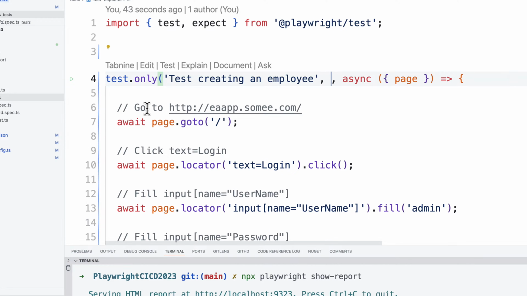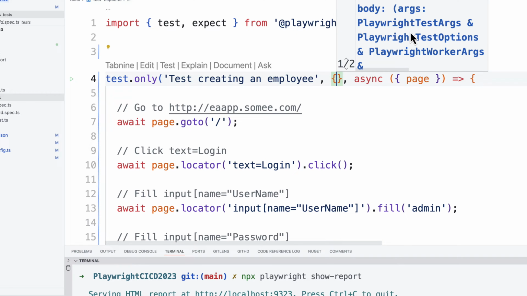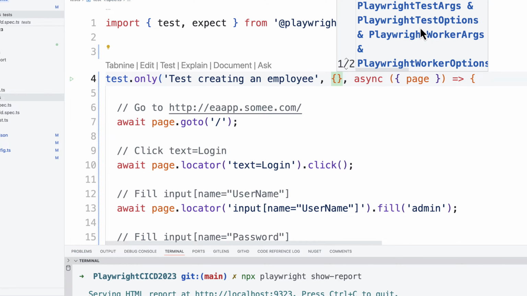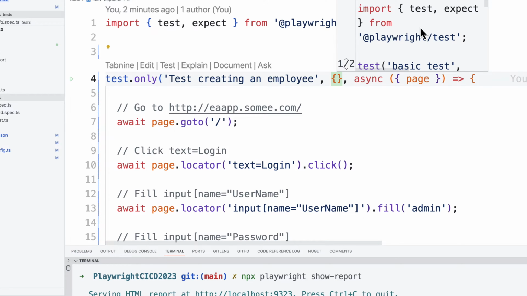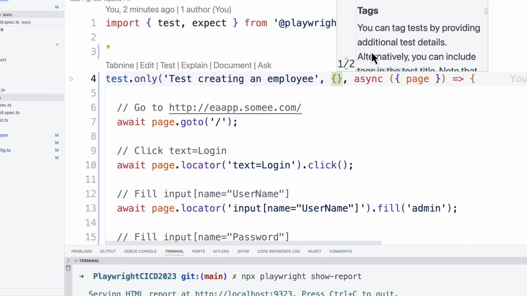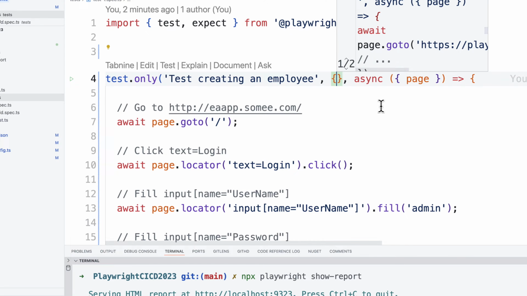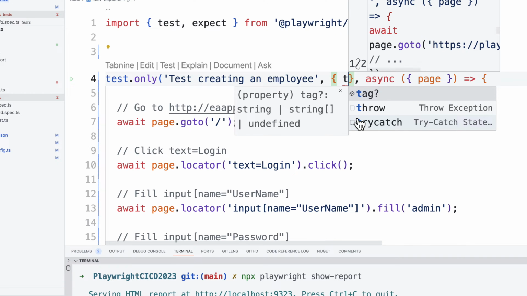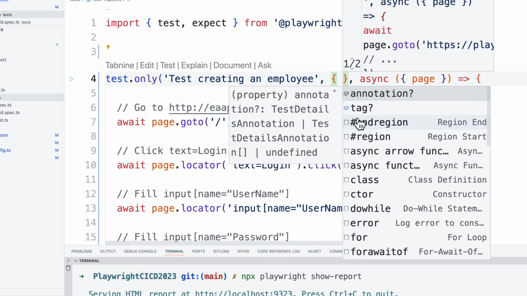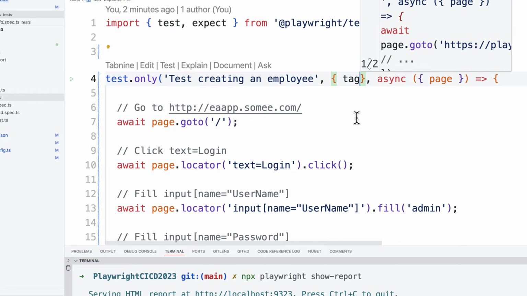do that. The way you can do it is just put a comma there on the test after the description, and you will notice that you can add an argument over here, and over here you can pass the tags, as you can see. So this is the tag that I was talking about. You can pass the tags and it is going to be very, very straightforward. All you have to do is specify over here, just put a T, and then you see that there is going to be a tag. Just do control space. You'll see there is something called annotations as well. So there are two properties that you can pass in as an argument,